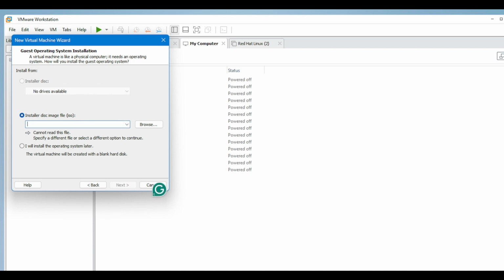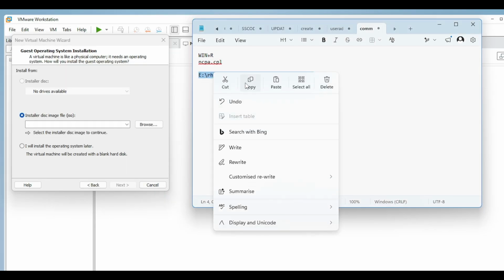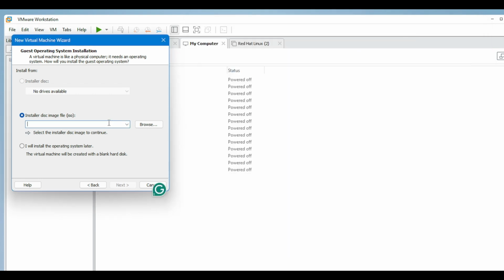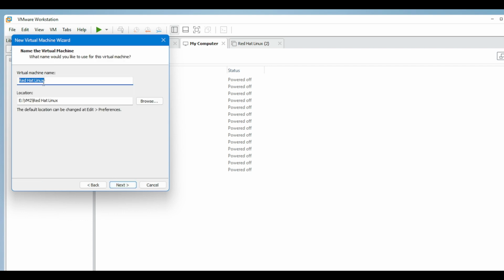So what is the path of the installer disk? Let me just paste this installer path. This is the path. This is a warning, so you can ignore it. Now next, the type of Linux version is Red Hat Linux. Then again the name, any name. For example, I need this test 20, and this is the area where this VM is created. The folder should be there, so you have to take care of this.